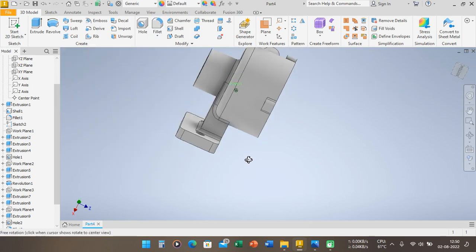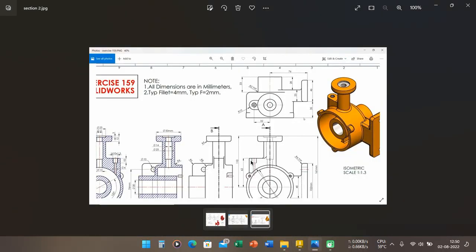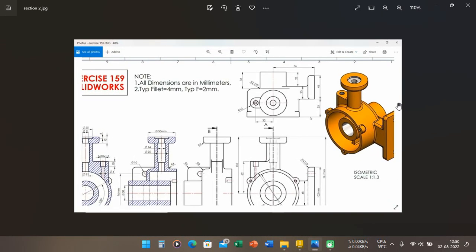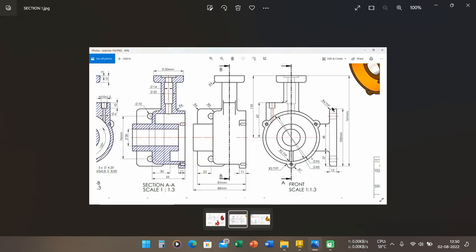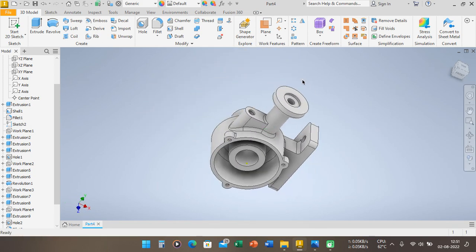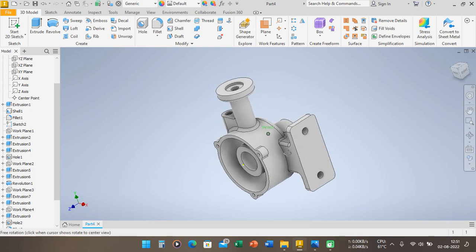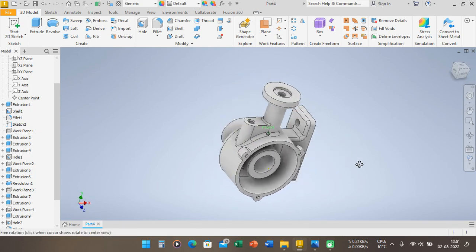Okay, and you can see here again we can fillet 2 here within the dimension is R42. We can go to fillet and input 4. Okay, so the fillet is already created here,